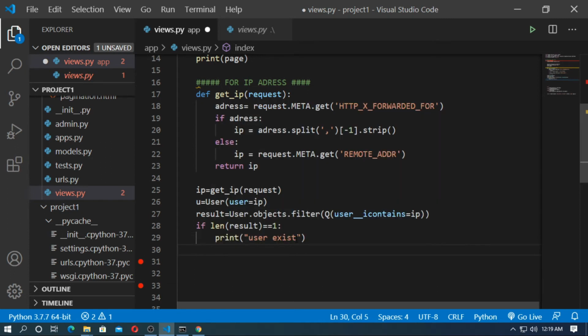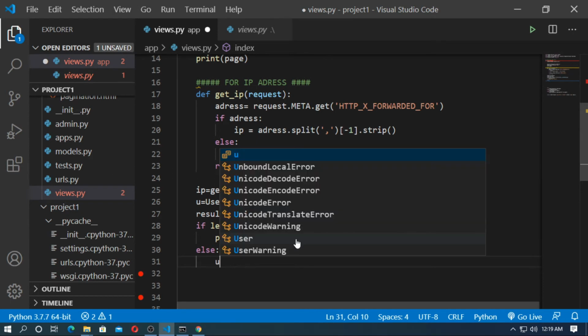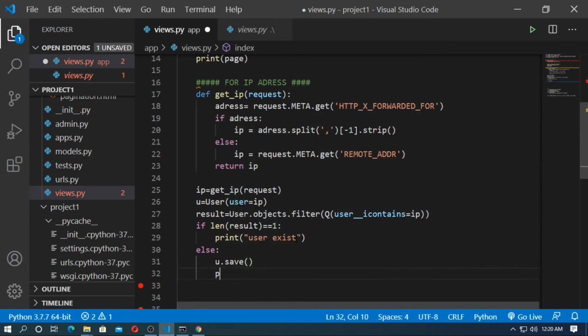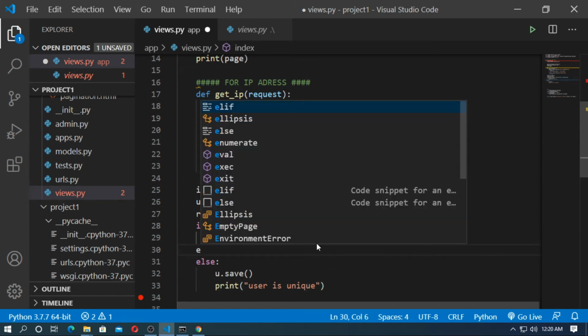Now type the else block. If the user does not exist, then u.save, and I want to print in CMD: user is unique. For more specificity I use an elif block here.